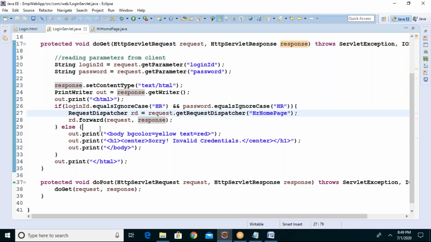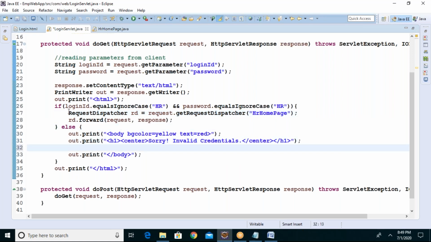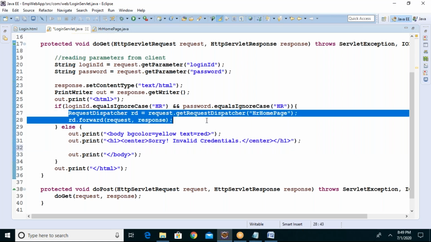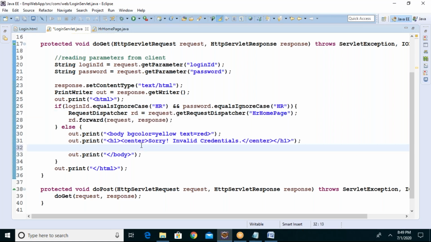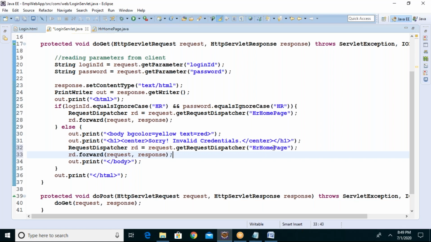What if it is not successfully authenticated? Then you call this here. Which resource are you supposed to call? When the credentials are not matching, you give the option to enter the credentials again. So you call login.html.